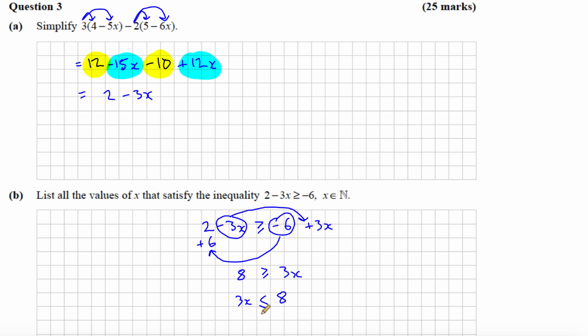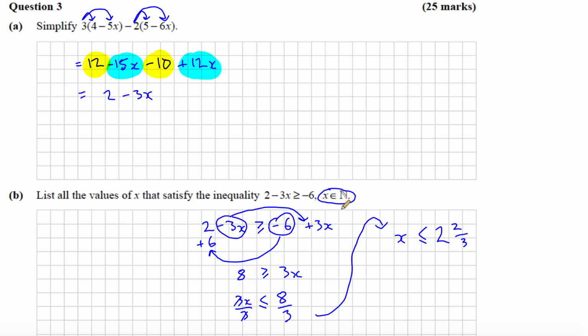Just rewriting it backwards. Okay, so then finally we want just x on the left, so we're going to divide this by 3. If we divide the left by 3, we must do the same to the right. So we have, finally, x on the left, and x is less than or equal to 8 over 3. Now 8 over 3 is 2 2/3. So it's saying that x must be less than or equal to 2 2/3, but